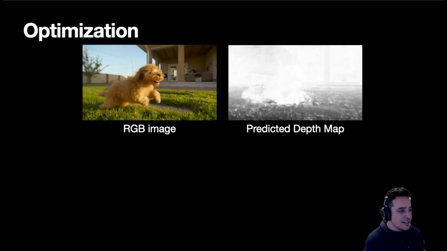Okay, what if we do this? Then we end up getting a result that is wrong most of the time. This is because there is inherent ambiguity in that you can describe the same observations either with camera motion or with scene flow. So your object could be really close to the camera and moving slowly, or it could be far from the camera and moving fast, and it would look the same. So how are we going to fix this?